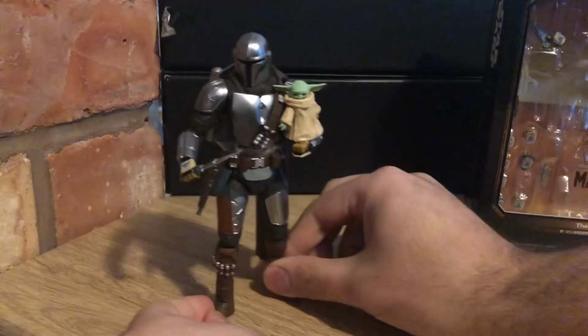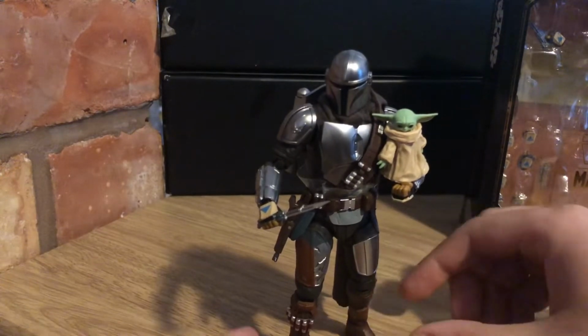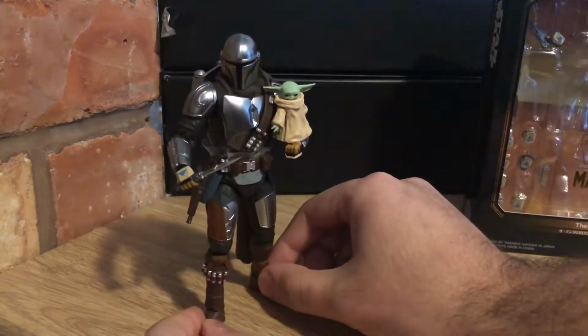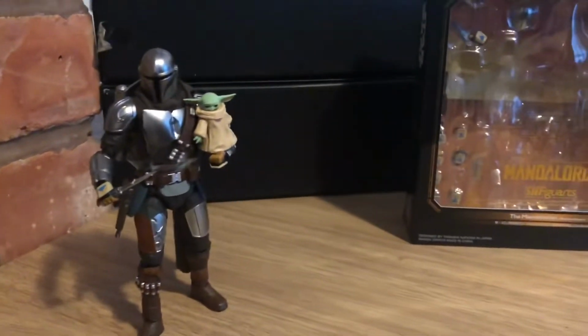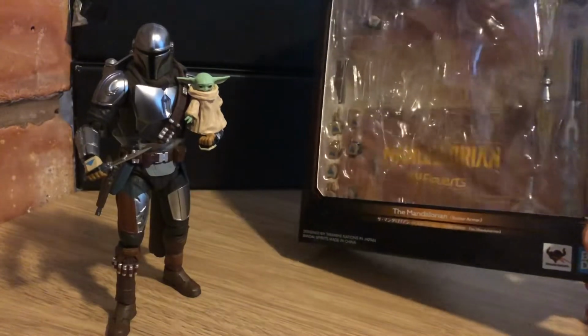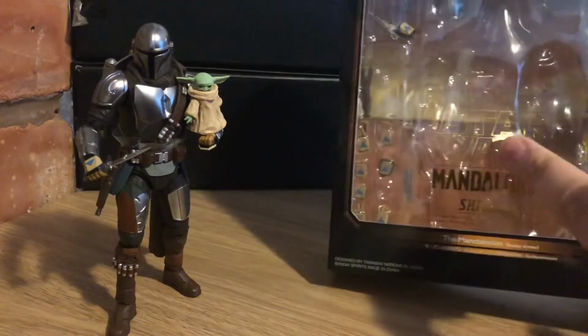So as you can see, there's the Mando looking awesome. As per, we'll go straight into it. Unfortunately, we have to start with the box, the boring parts. Start with, as always, we have the box. I've got him out already because he was already on display in my collection, but the Mando will be nice